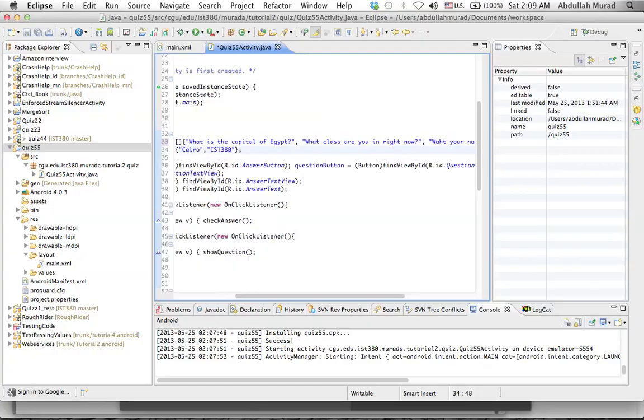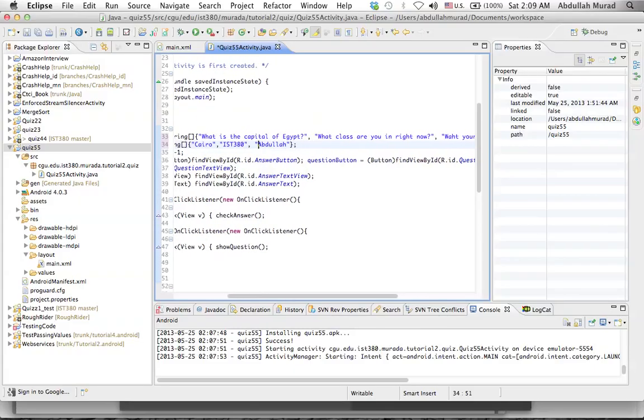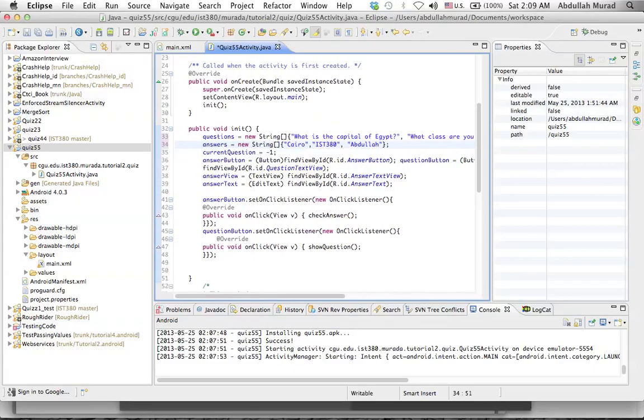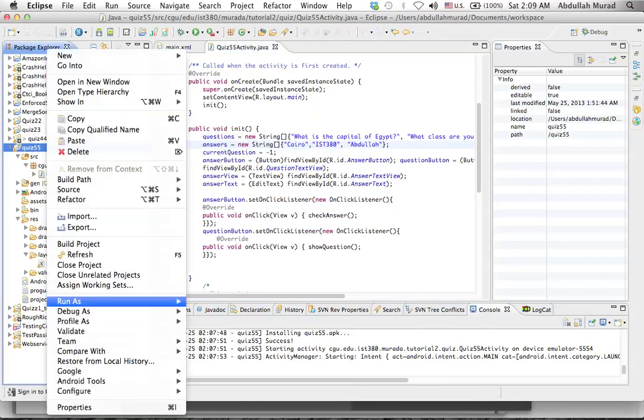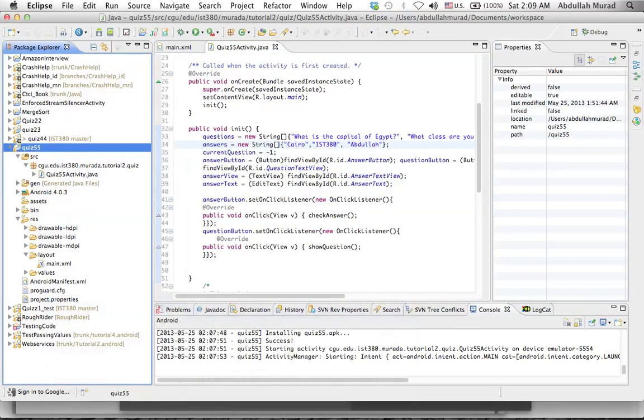And my answer for this one would be "Abdullah". Remember to have it in quotes because it's a string, so it knows what that is. So if I save and run the application again, run as Android application,